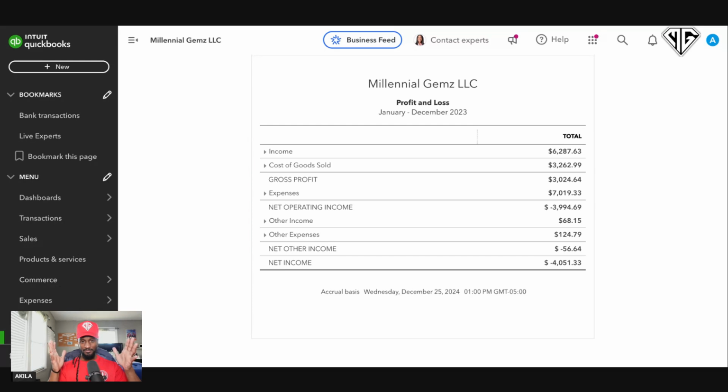Today, like I said, we're going to talk about how to read a profit and loss sheet and a balance sheet, because I'm sure there are a lot of people out there who just don't know how to read one, especially if you're a new business owner or a new entrepreneur. It's very crucial because you'll need these statements for tax season that's actually going to be